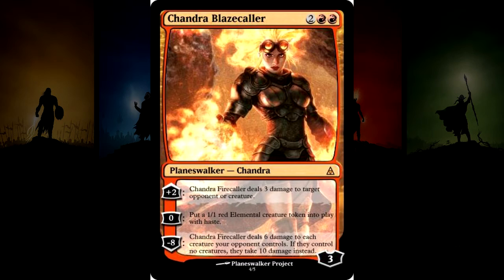The 0, you can put a 1/1 red elemental creature token into play with haste. Not really anything game breaking, because quite frankly, if you're putting out a 4-drop card at this point, you're not going to need really a 1/1 red elemental. This isn't like it's a turn 1 Planeswalker, and it's not really affecting the game much. So if you're going to want to put a 1/1 token into play to protect Chandra, you're not